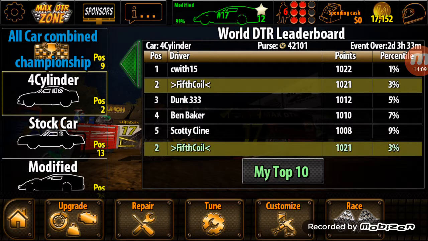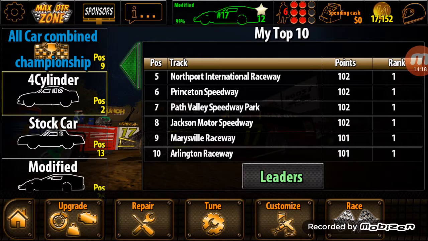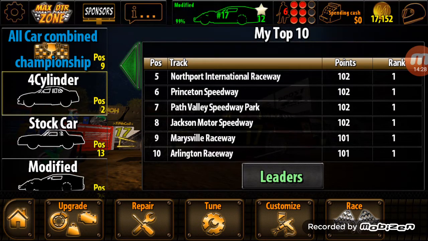I'm in second place here with 1021. If you look at my top 10, I got 10 wins. Now I can improve this if I get a win with 4 or 5 other cars, then it'll get rid of this. I got these 2 wins down here at the bottom. There's only 1 other car in a race. I got 101 points. So in order to get more points, you want to race races that have more cars,